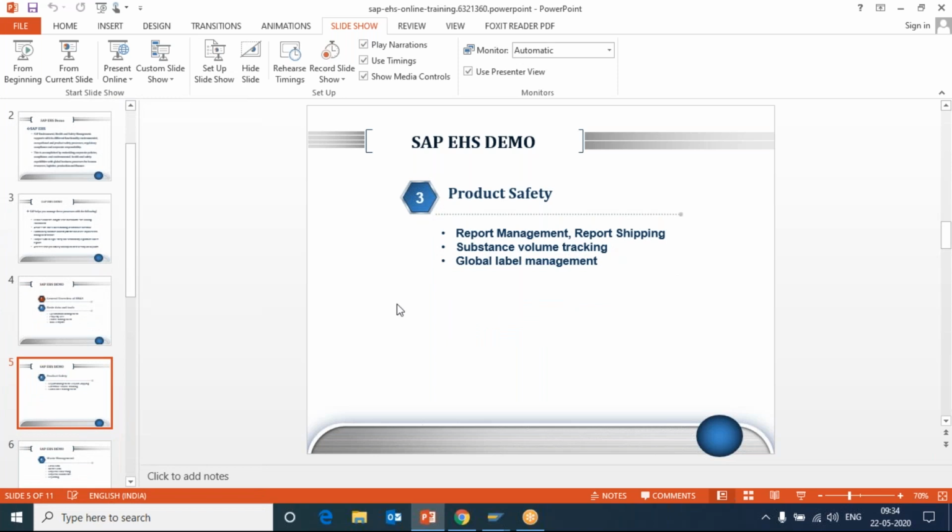Second is product safety. You must be knowing, we have different types of industries: service based industry, process based industry and construction based industry. Product safety is one of those areas.